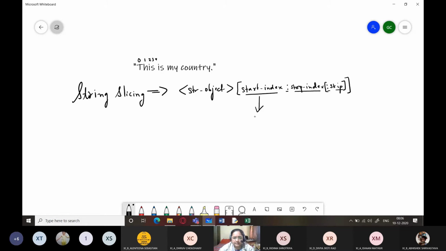What is the start index? It's the index from where you want to extract the substring. So it is the beginning index, the beginning of the substring. Substring means a part of the string. Stop index is the last index of the substring, or we can say the last index of the substring plus 1, because the stop index is always the one which is